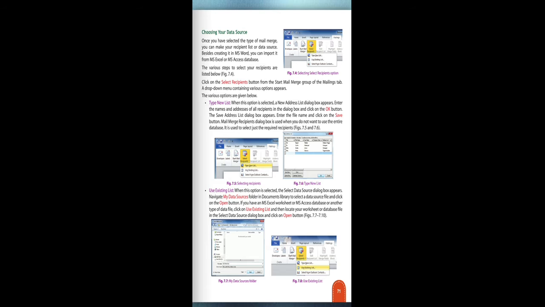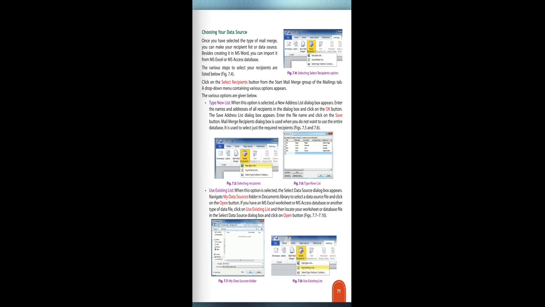The Mail Merge Recipients dialog box is used when you don't want to use the entire database. It is used to select just the required recipients. Number 2 is use an existing list. When this option is selected, the Select Data Source dialog box appears.